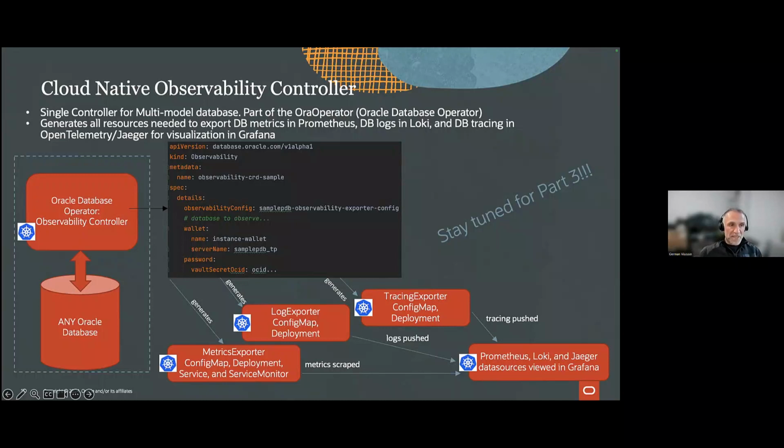there's a time series database called Prometheus that is basically scraping what the exporters are exposing from the database. So the exporters are getting performance metrics and putting them in a format that is understandable by Prometheus. Prometheus scrapes that information and puts it in the database. So Prometheus is the time series database, and then Grafana connects to Prometheus to show all that information in dashboards. Okay. All right.